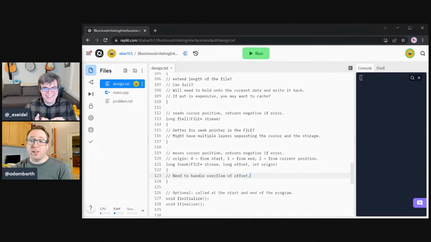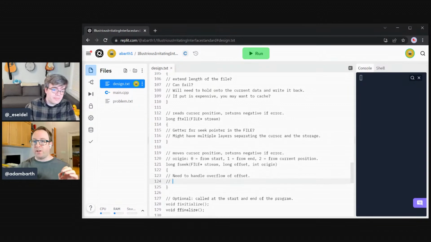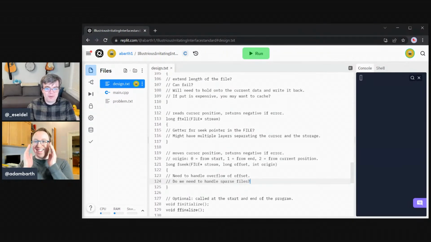Oh, another interesting thing that seek gets at is the idea of sparse files. Let's say you write a little bit over here, and then you seek way over here and write. Do we need to support sparse files? Do we need to populate all the intervening space with zeros, or do we want some representation that allows us to skip those? And do sparse files reserve the blobs? How do sparse files interact with